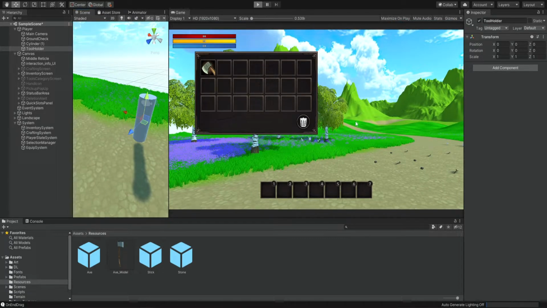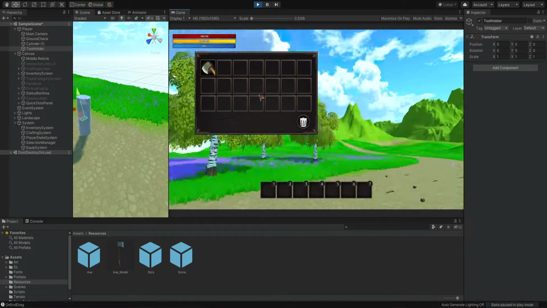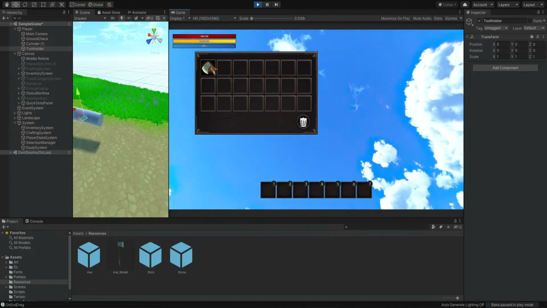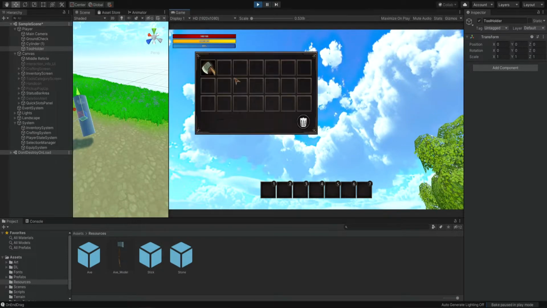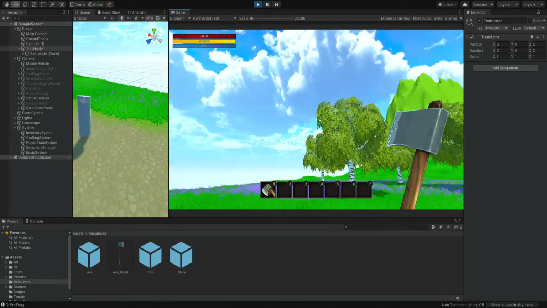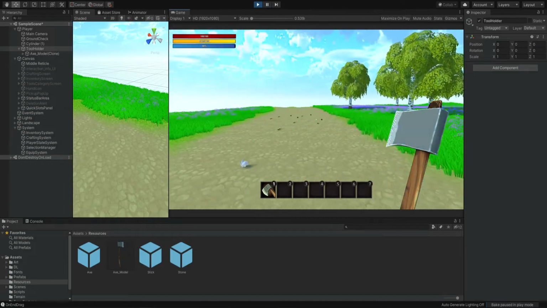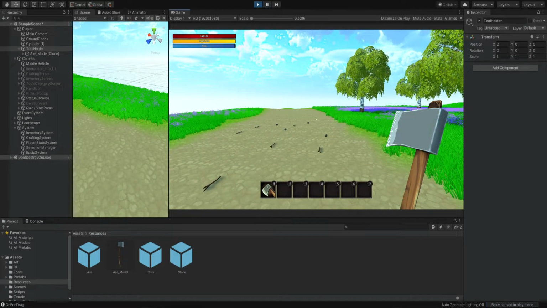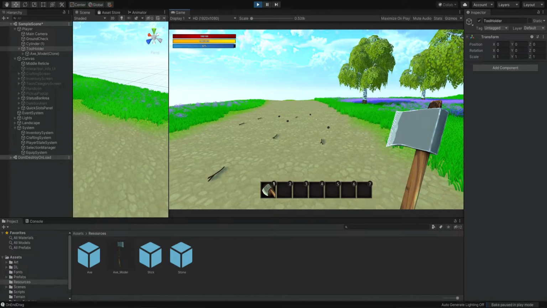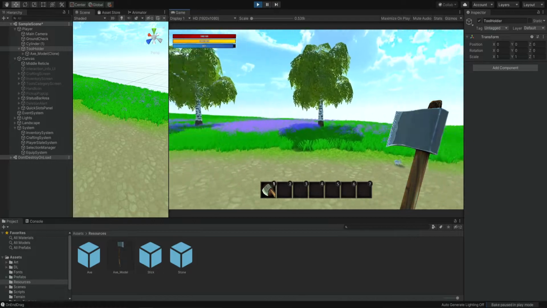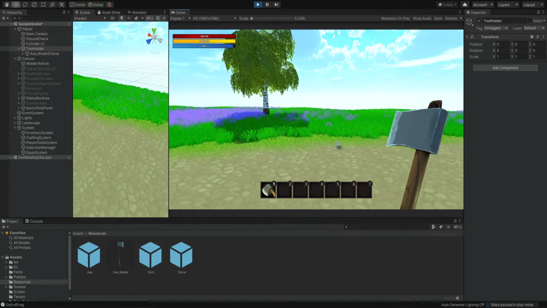Next, we're going to start animating the axe. Okay, so we want to create two main animations. The first animation will be when we just walk around with our axe, okay? If we walk around, if we stand, we just want to create some kind of idle animation for the axe, because it's more realistic to see the axe move a bit, right? When we just stand and breathe. So the axe should not be static like that. It should move a little bit.